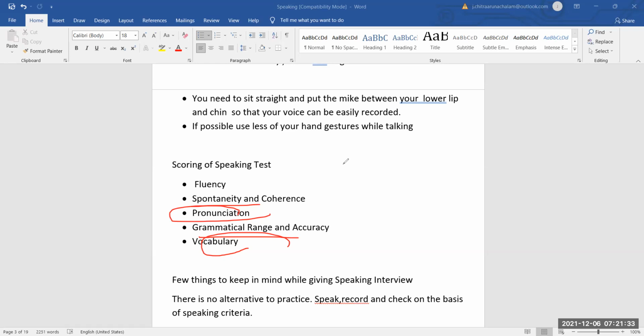And then do not forget to use linking words or connectors. When I say connectors, I'm talking about moreover, furthermore, however, in addition to, in the same vein. I'll provide you the list of connectors, which will be so helpful for you. And never try to provide any mugged up stuff. Okay, the examiner knows about it really well, and he or she will reduce your score when you provide any mugged up stuff.